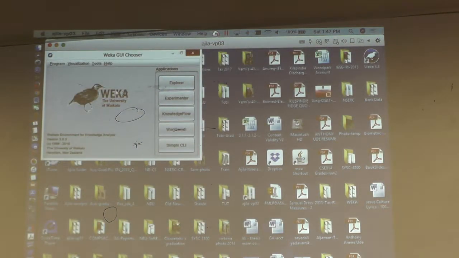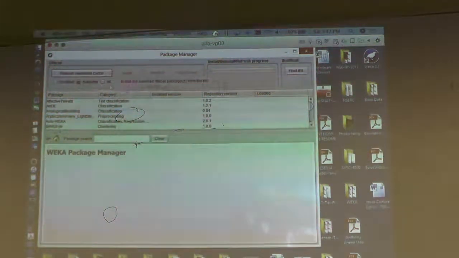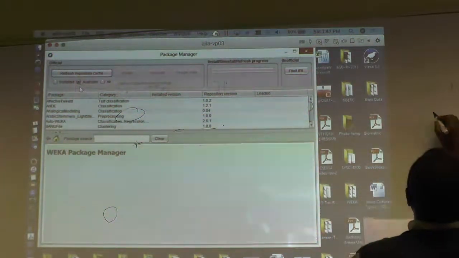Go back to this small window that you have on the Weka, click on Tools, and click on Package Manager. It will open another window for you. Click on Package Manager, okay? It will go by default to Available. Now, on that list, you are going to look for something that resembles